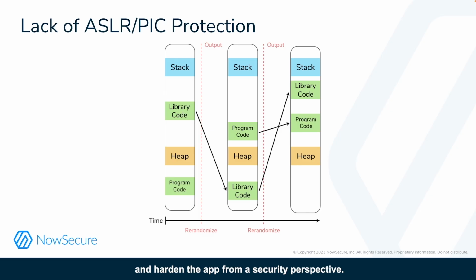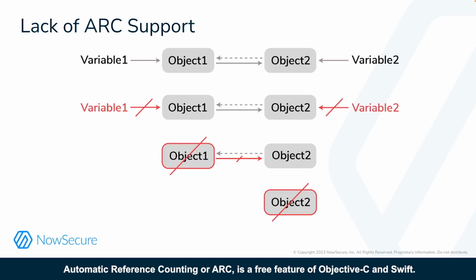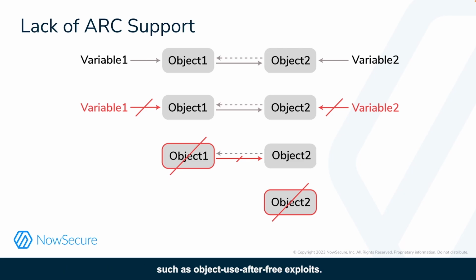a security perspective. Automatic reference counting, or ARC, is a free feature of Objective-C and Swift. Enabling it has no discernible downsides and prevents memory corruption attacks such as object use after free exploits. If those exploits are possible, attackers can potentially gain access to a wide variety of information and access with potentially